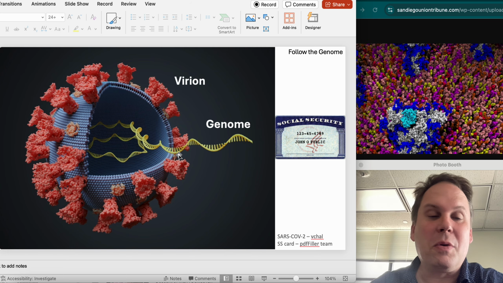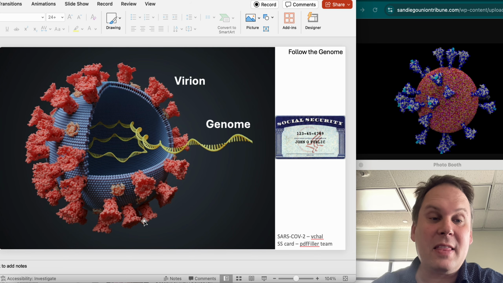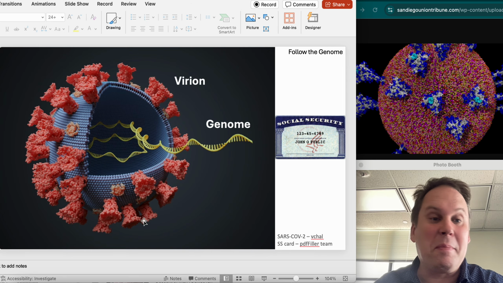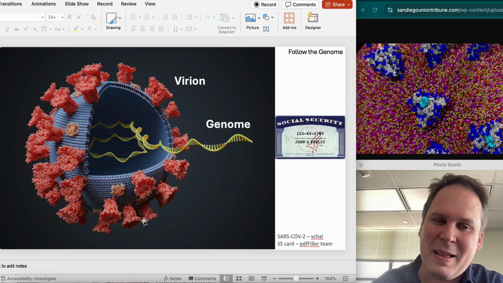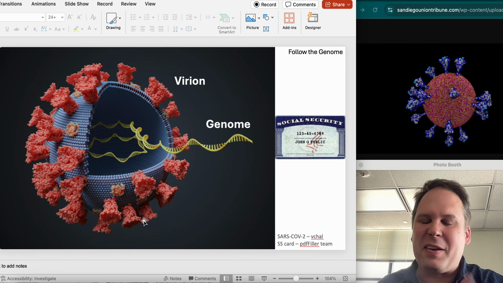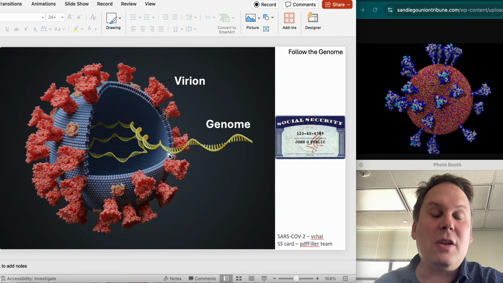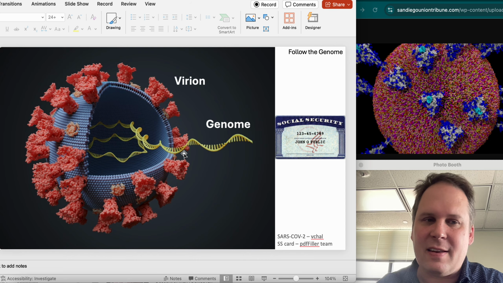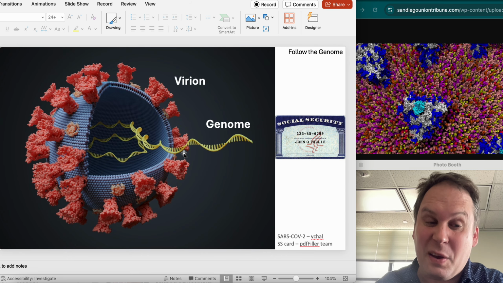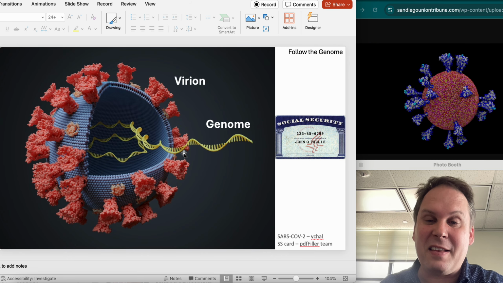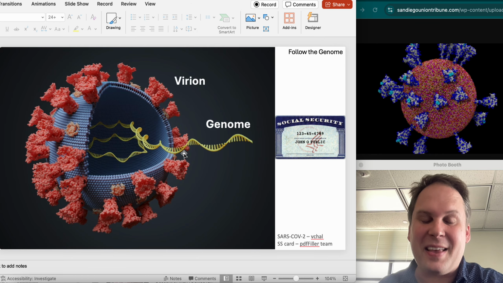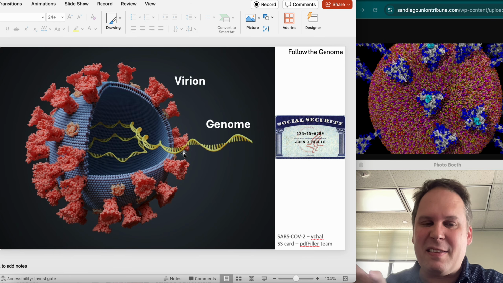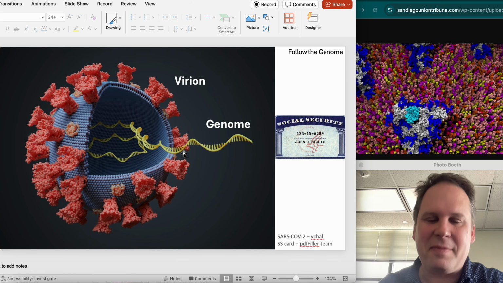So you want to follow the genome. When the genome is inside the virion, it could be infectious. Just like when you're in your car, the car may start or it may not. It kind of depends on the car, and you usually can't tell by looking at it. But when that genome has been delivered inside of a cell, now the cell is infected, guaranteed. That's really the only way you know for sure that a cell is infected, is if the genome is in there. And then a bunch of secondary stuff happens. You start making virus genes from the genome, all this stuff.